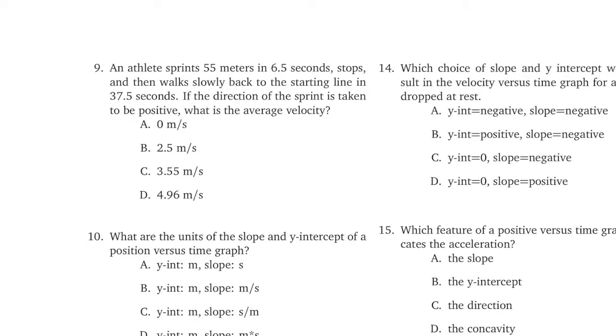All right, on to question 9. It's a very similar setup. 55 meters in 6.5 seconds, turns around, comes back in 37.5 seconds. But, I mean, it's probably not the exact same answer, and we know that because now we're asked about average velocity. Average velocity is the displacement